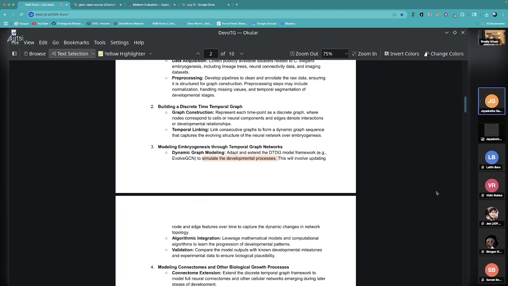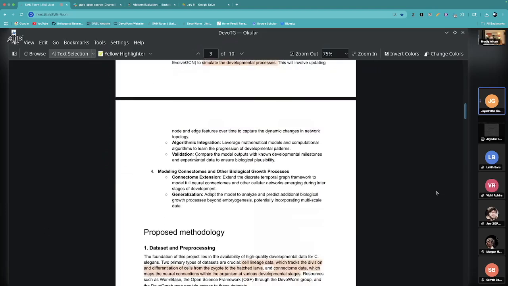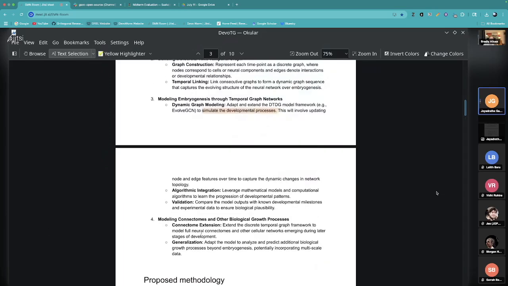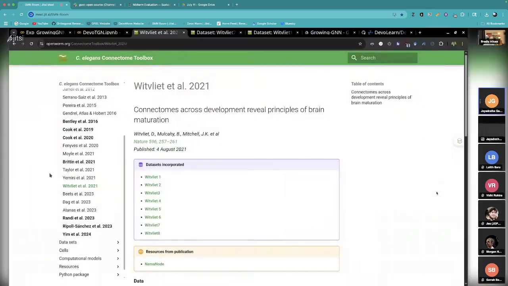For modeling connectomes, I was trying to understand which datasets are publicly available. I found this one, but I'm having a little hard time understanding it.